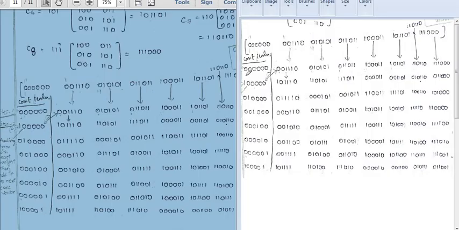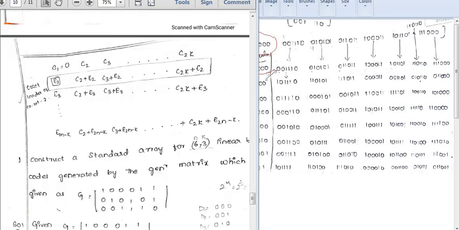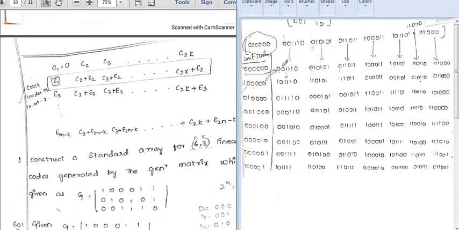Now listen here very carefully. This is your second step. Choose a vector E2 as the leftmost element of the next row. This is your next row, right? So from the remaining n-tuples, I am going to select this as the coset leader of your next row. And to this, what you have to do? You have to add this one. How are you going to add? This E2 vector which has been selected should be added to your second code vector. What is the second code vector you have here?